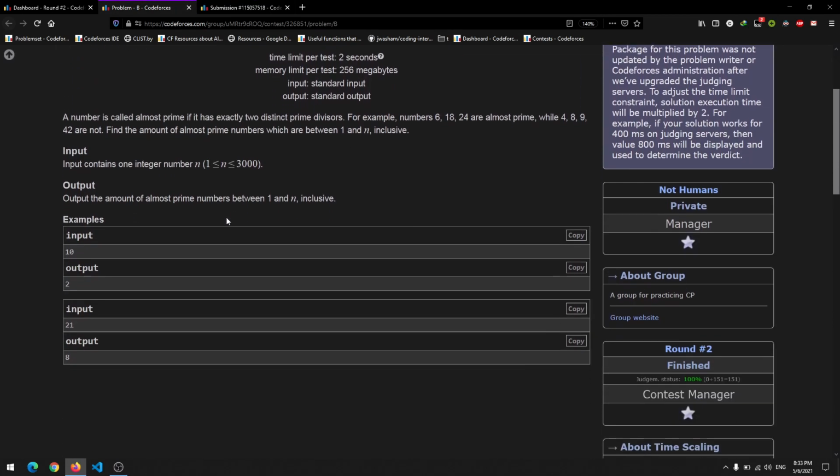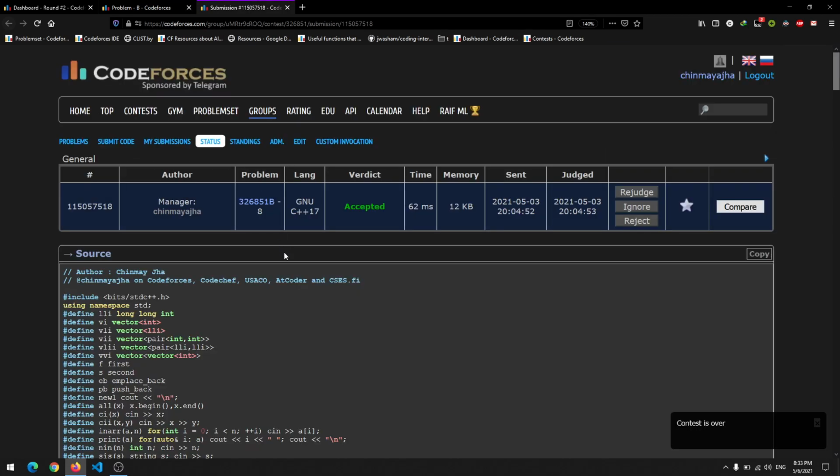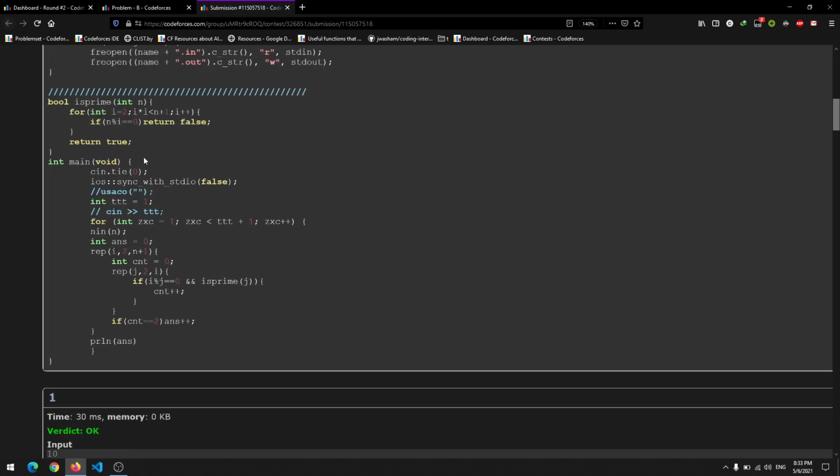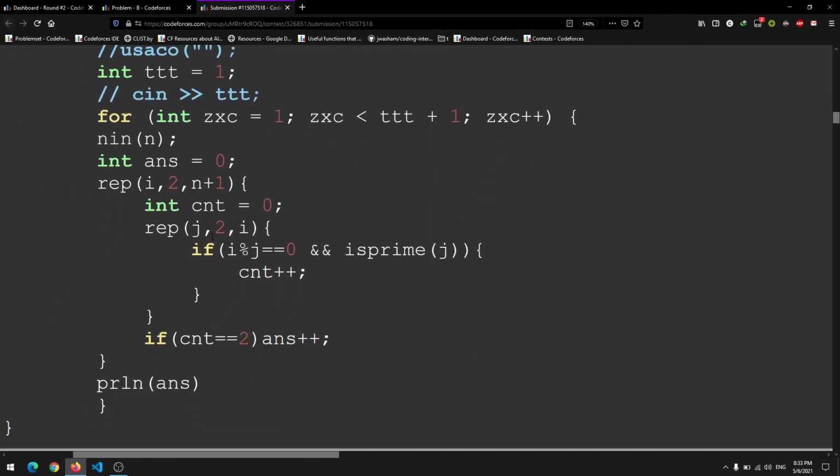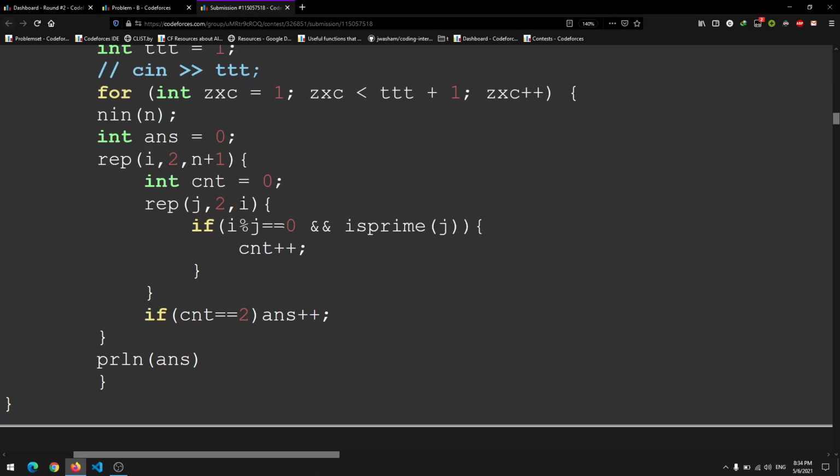So what did I do? I actually calculated all the divisors of n, from 2 to n minus 1, as you can see. I calculated all the divisors from 2 to i. If n mod j is equal to 0 and j, the number which divides n, is prime, we increase the count of prime factors of n.